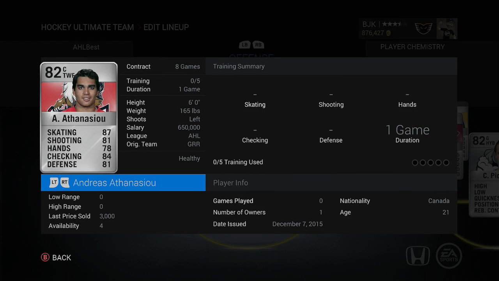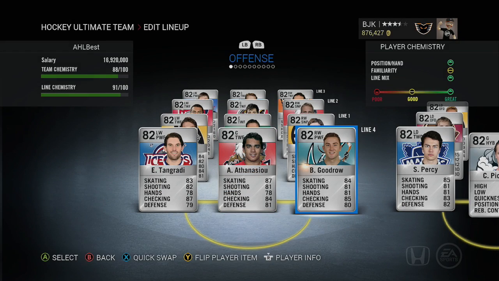I gotta figure out this guy's first name. Andreas Athanasiou, and then Barclay Goodrow. So Eric Tangradi, part of the St. John's IceCaps for the Montreal Canadiens. Athanasiou, part of Grand Rapids as well, and then Barclay Goodrow, part of the San Jose Barracuda or the San Jose Sharks. So Athanasiou is indeed the quickest player on this squad, having 87 skating, and yes, he does fly